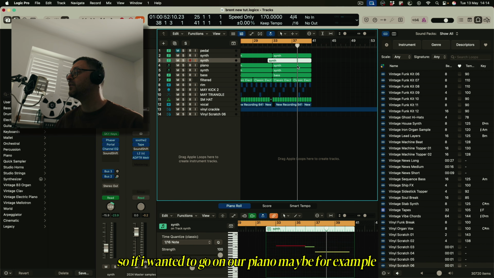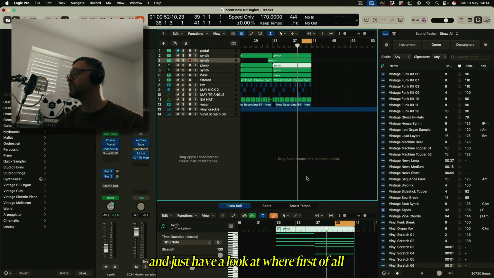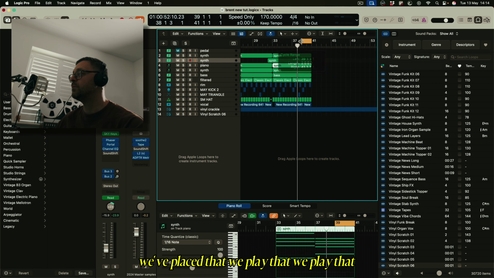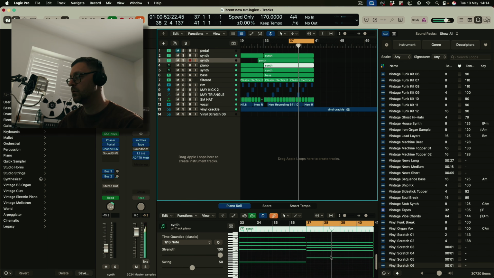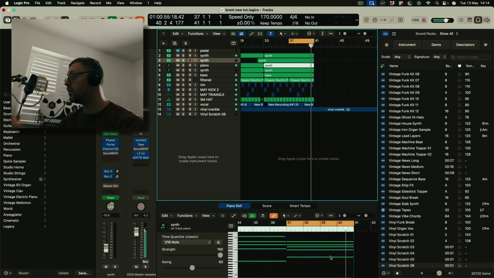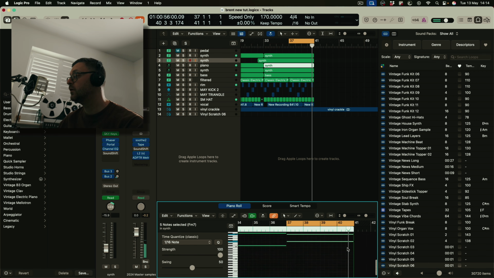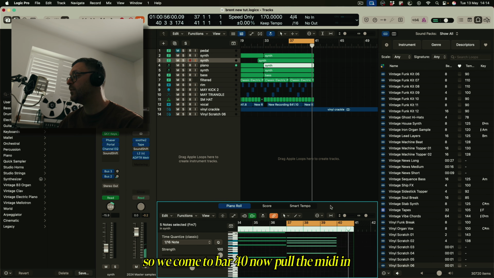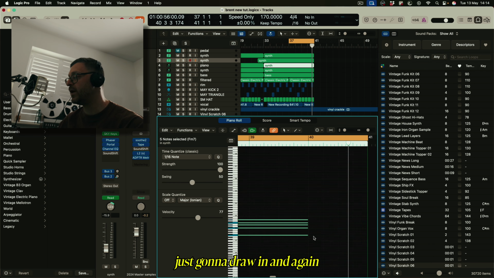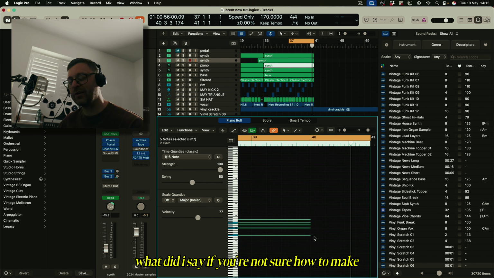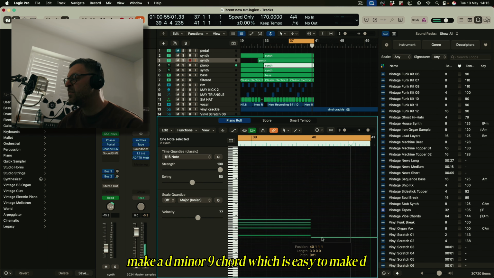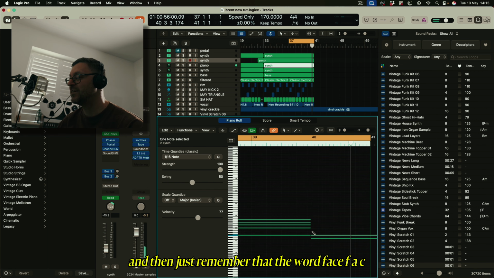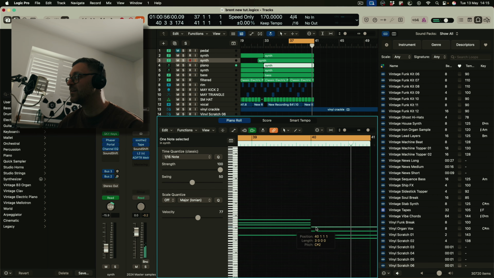So if I wanted to go on our piano, maybe for example, and just have a look at where, first of all, we place that. We play that phrase, and it would be on bar 40. So we come to bar 40 now. Pull the MIDI in. Just going to draw in, and again, what did I say? If you're not sure how to make, say, an E flat minor 9 chord, make a D minor 9 chord, which is easy to make. D, and then just remember the word face. F, A, C,